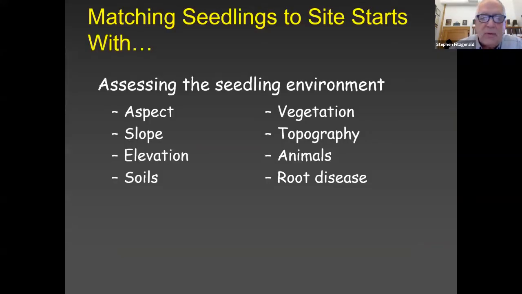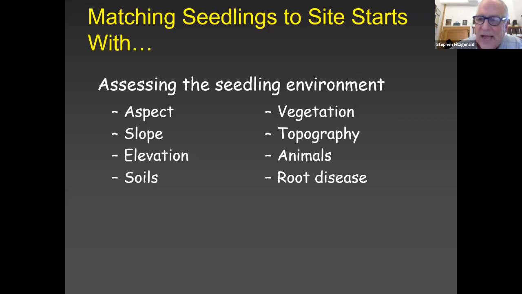So this whole thing kind of begins with assessing the seedling environment on your property, thinking about the climate and the exposure that your seedling is going to face, or if it's even a natural regeneration. When the seed falls and it hits the ground, if it hasn't gotten eaten by rodents, what is that germinate going to experience when it begins to germinate in the spring? Seed fall occurs in the fall, overwinters, and the seed begin to germinate in the spring. And so all of these things affect the performance of either planted or in particularly